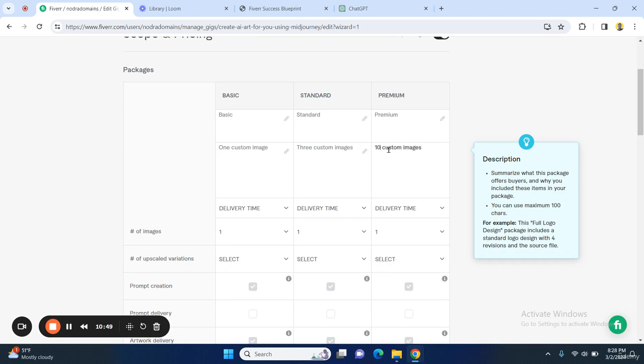So for example, on your offer, not on your title, but on your description here, you can do something like 10 custom masterpiece images, right? Or 10 exclusive AI masterpieces tailored to your specifications, right? You can do something like that, so let's just do that. For example, 10 exclusive AI masterpieces tailored